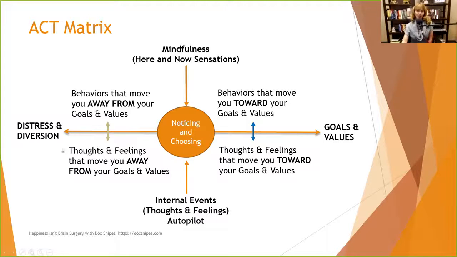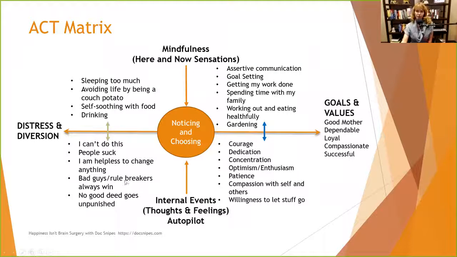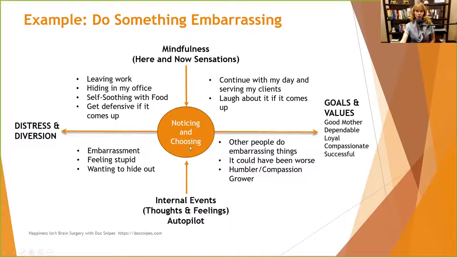Over here, it's the same way though. When you have negative automatic thoughts and feelings, a lot of times people try to escape from them. And when you try to escape from them, what happens to those feelings? Generally, whatever was causing them is still there. And you get entrenched, because you sober up or you quit hiding or whatever it is, and that negativity is still there and you haven't replaced it with anything else. So you're stuck spinning your wheels. What you want to do is figure out how you can encourage people to notice and choose.